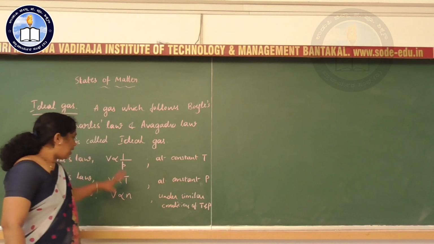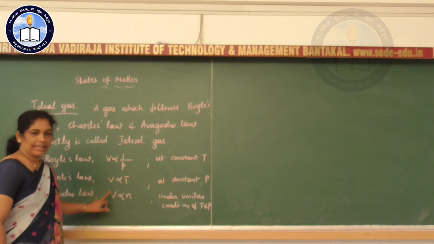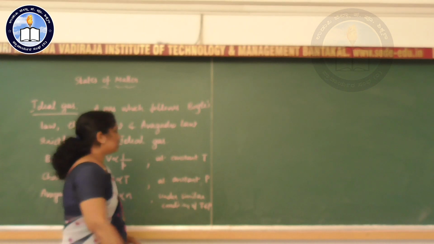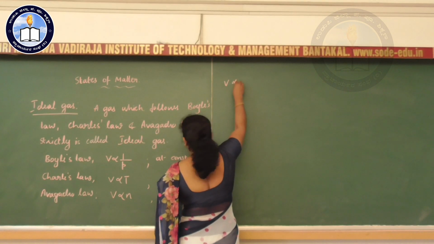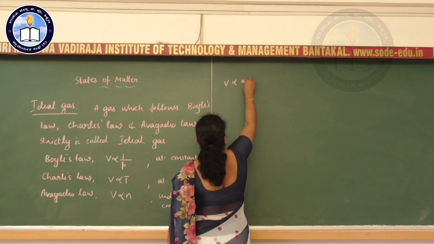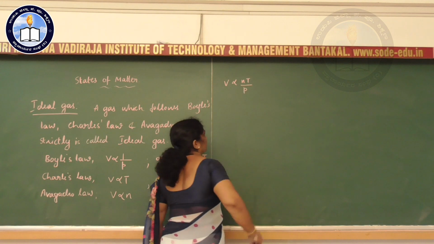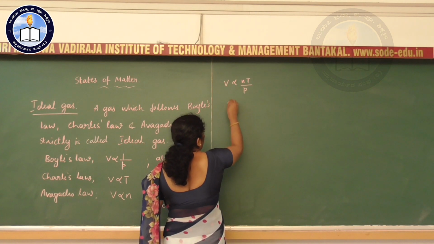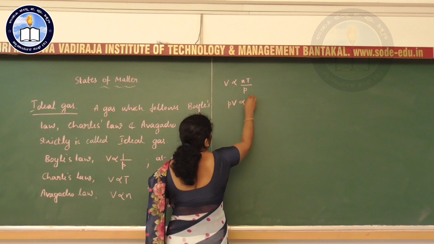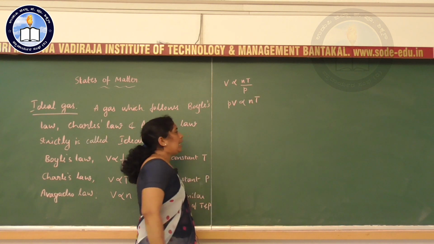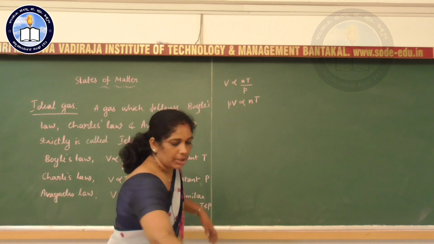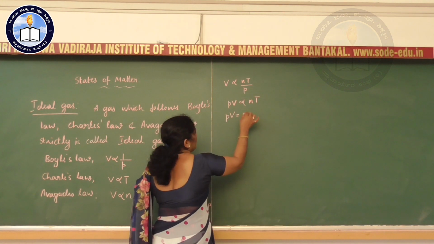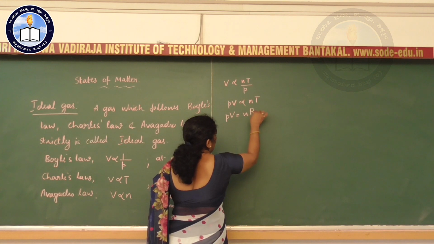Now let us combine all these three. Volume on the left-hand side in each; pressure in the denominator, temperature in the numerator, N in the numerator. So I can write V is proportional to nT divided by P. Or I bring P to the left-hand side: PV is proportional to nT. Now we have to remove this proportionality symbol. To remove it, we have to use a constant. So PV is equal to nRT,